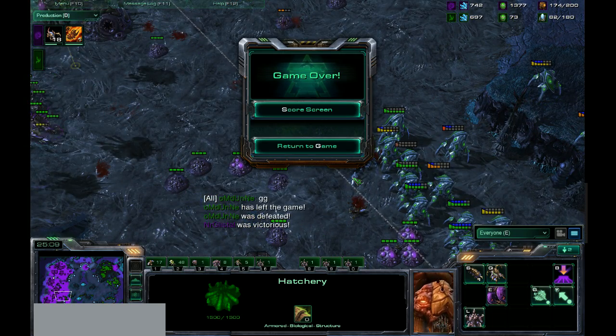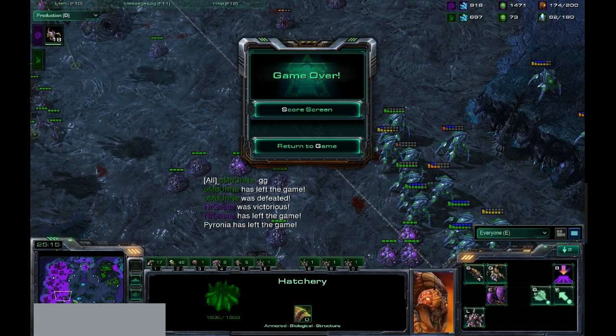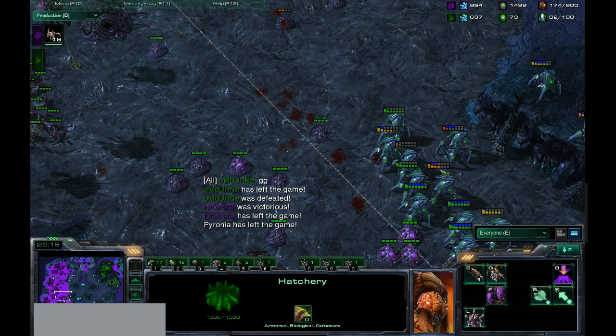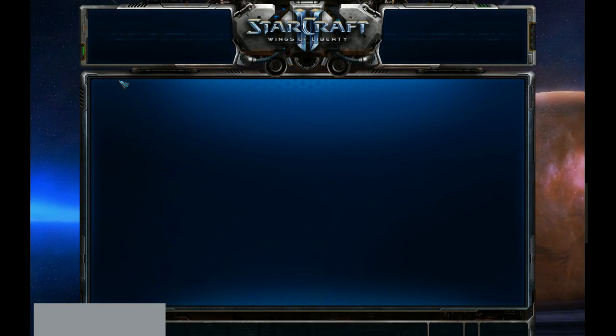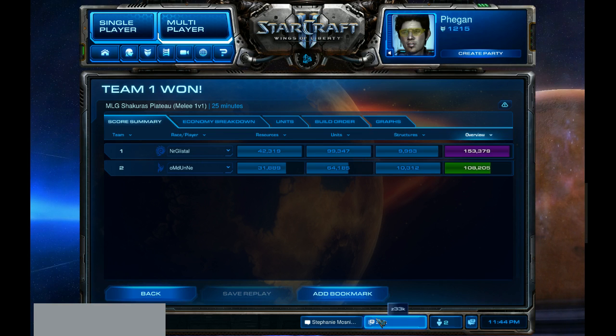And there's the GG by Dunne. I'm actually a little surprised by that GG. I mean, he was definitely behind. Well, he had no income. That's really what it came down to. Yeah, he had no third, so his production was completely stalled. Well, and his main was mined out, and his